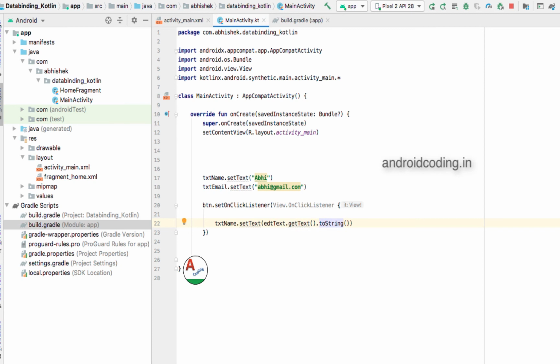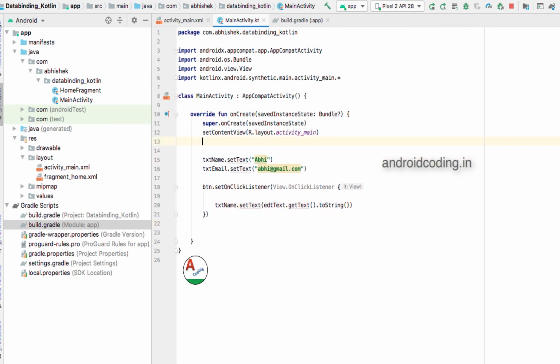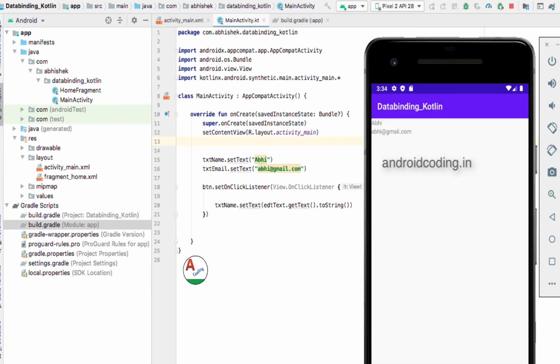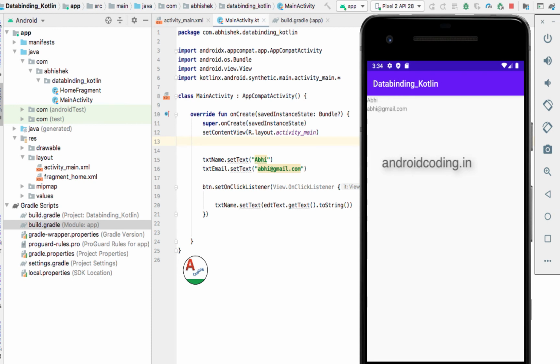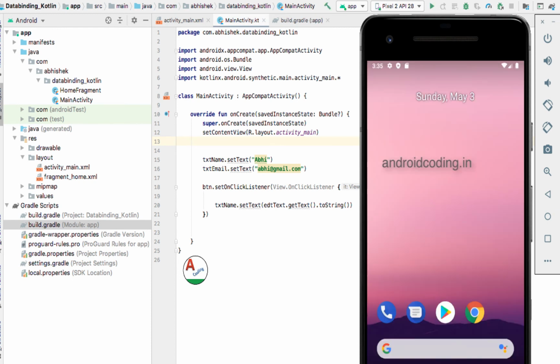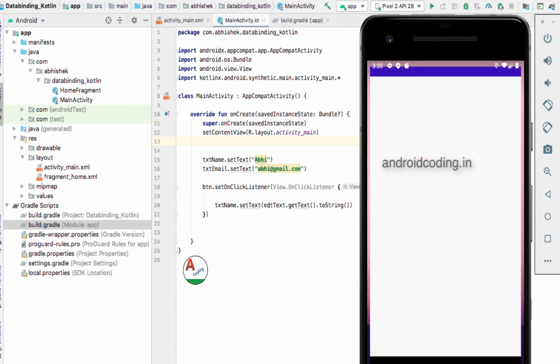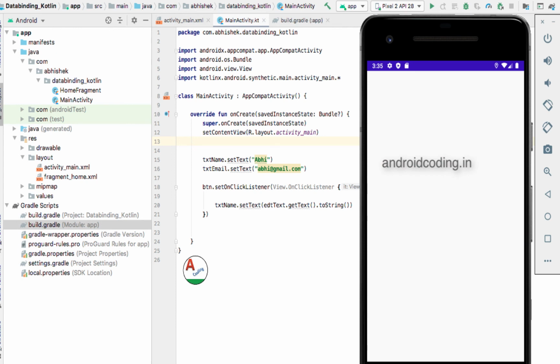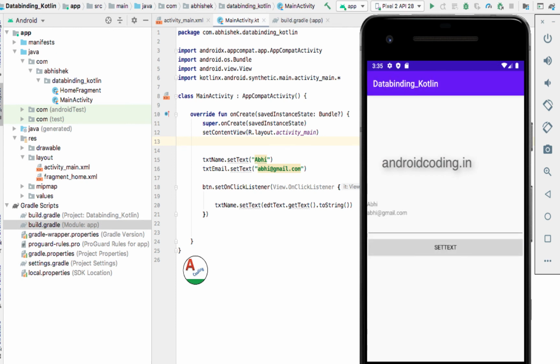Okay, so now let's run the code and see. So here our view is now loaded.